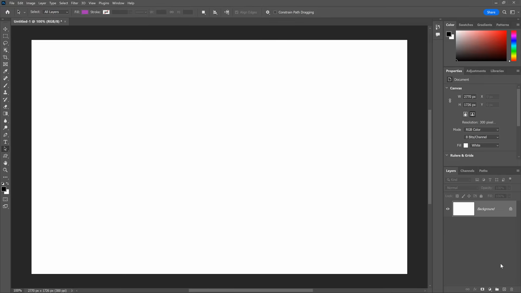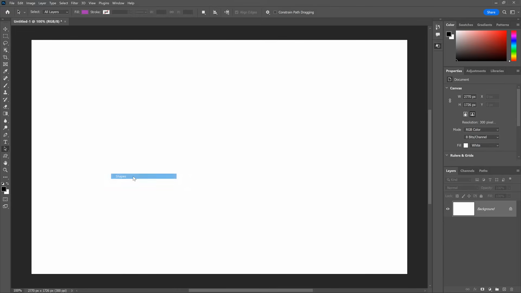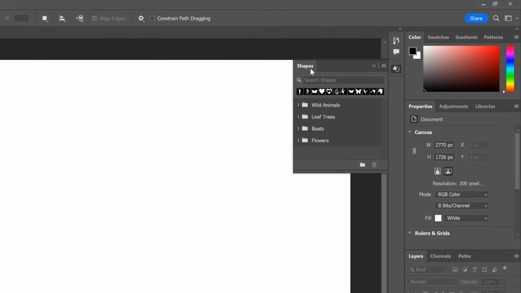And the Shapes panel is where we load the hundreds of missing shapes that are included with Photoshop, which we'll do next. Now, the Shapes panel is not part of Photoshop's default workspace, so to open it, go up to the Window menu in the menu bar and choose Shapes. The Shapes panel opens in the Secondary Panel column to the left of the main panels,